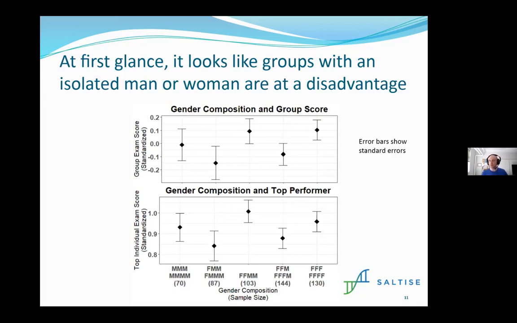There's a bunch of different ways we've looked at this, and basically there's no predictive power by group type once you start introducing some of these variables like top performer. So on the surface, it looks like there is actually no disadvantage by this measure, even though we thought, okay, maybe there is. Phoebe.